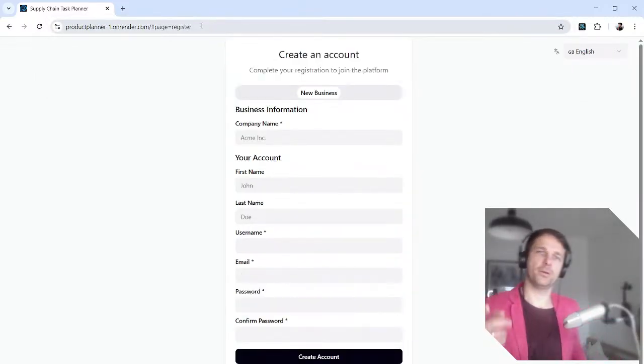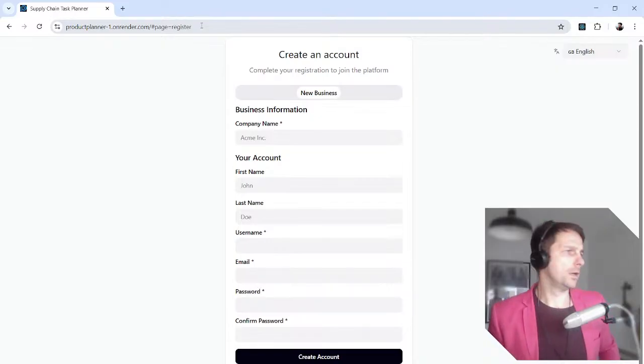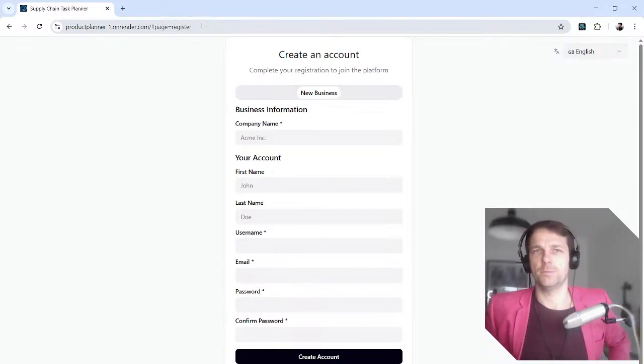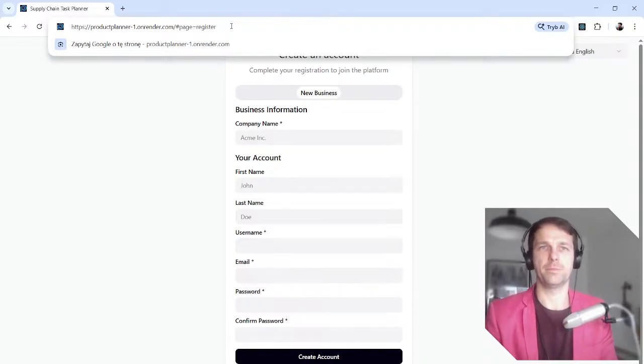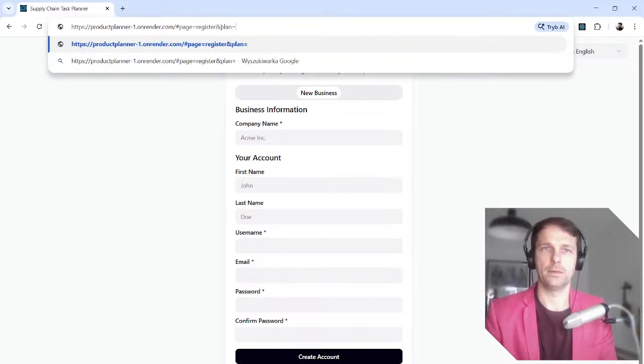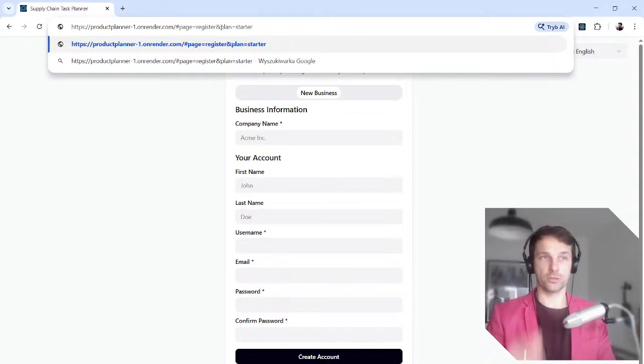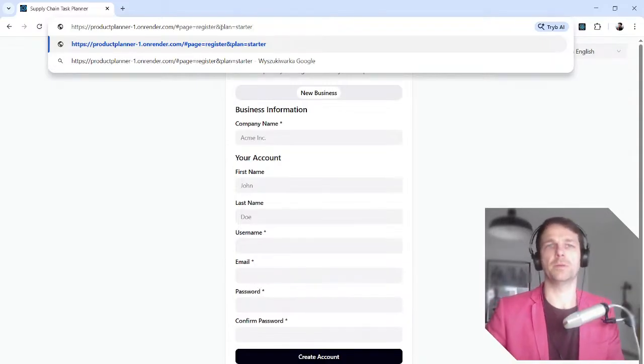But then my flow here is incorrect, because if I send someone to the register page, they have already chosen which application to go to. Okay, so this is actually easy to solve. If I have a parameter here saying plan equals starter, for example, then it should go straight to Stripe, and this is where it should do payment.